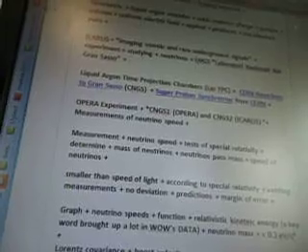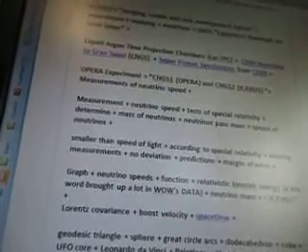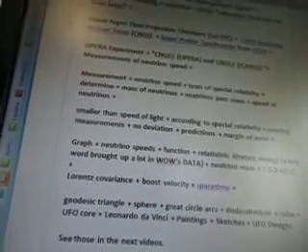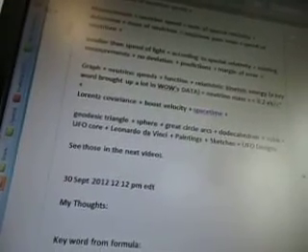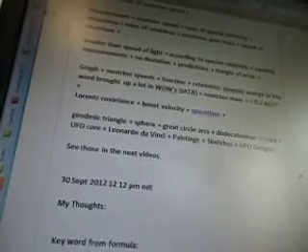CNGS-1 is OPERA and CNGS-2 is ICARUS. Measurements of neutrino speed. Measurement, neutrino speed, tests of special relativity. Determine mass of neutrinos, neutrinos pass mass, speed of neutrinos smaller than speed of light, according to special relativity. Existing measurements, no deviation, predictions, margin of error. Graph, neutrino speeds, function, relativistic kinetic